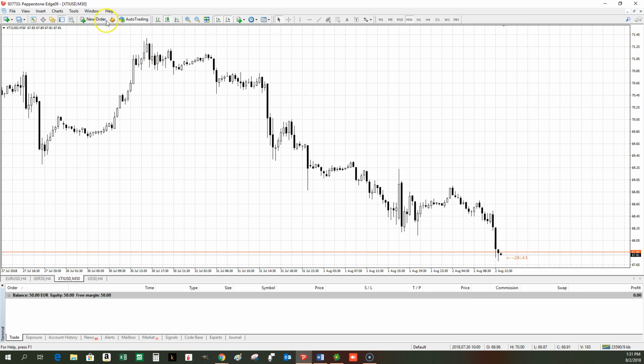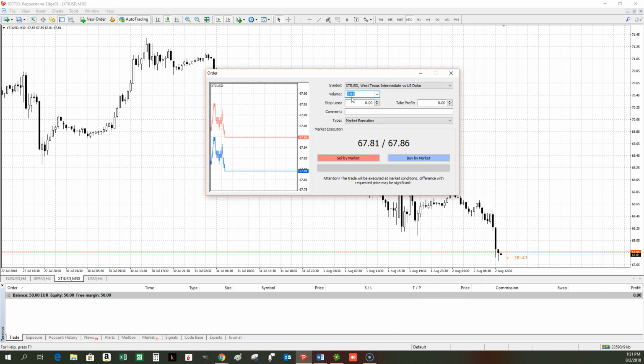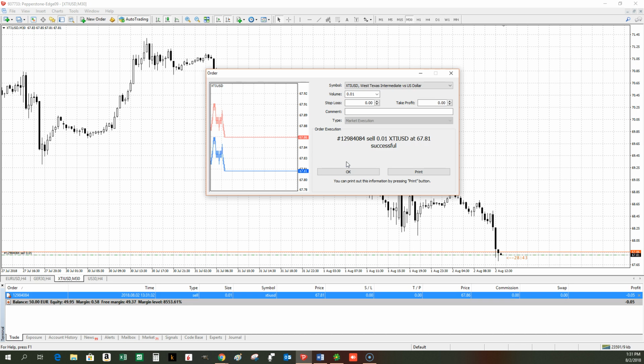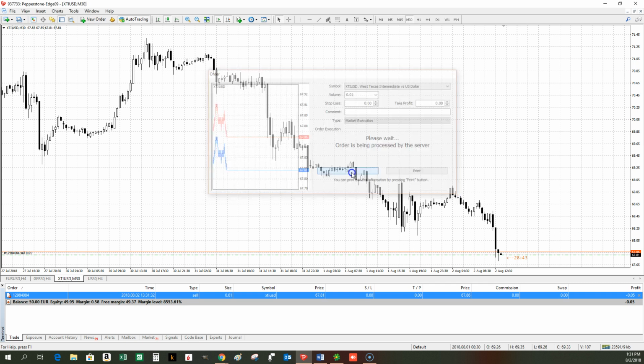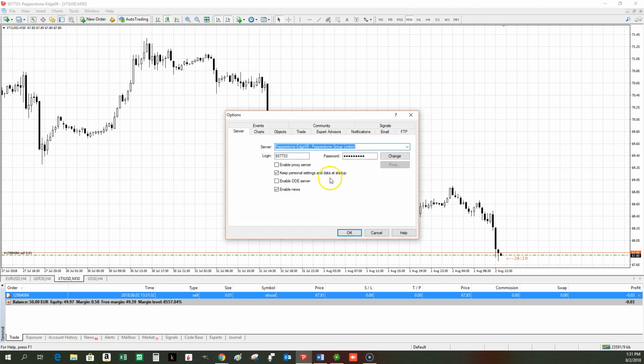So we're gonna open a trade and follow the trend, okay? I want to open a trade with 0.01 lot, okay? And I'm gonna press sell, okay? Now I'm gonna change something, because when you trade and use scalping, you go to options and you go to trade,